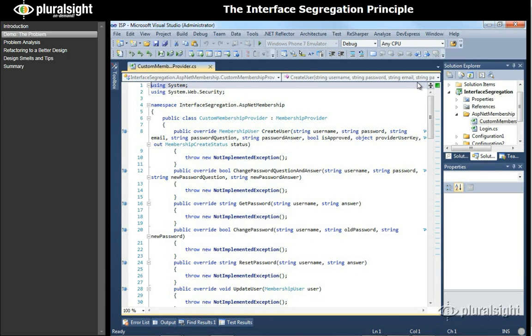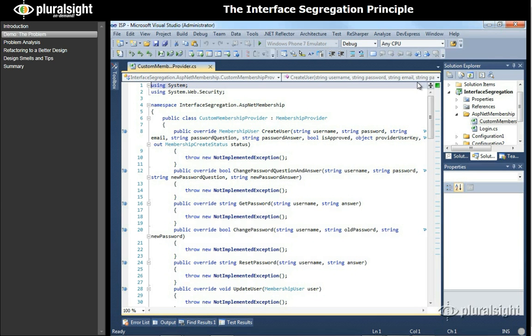Now, if we look at all the rest of this class, we will find that this is, in fact, the only reference to the membership provider that the login control has, which makes sense because, obviously, the login control is a very cohesive control. It's very tightly focused. It has a single responsibility, pretty much, of validating the user. And so it would make sense that it would only need to call this one method, and that it would only need to be concerned with passing that method the two things that it requires, which are, of course, the